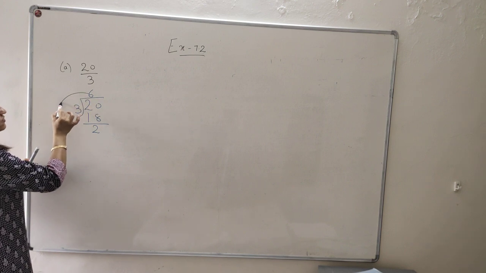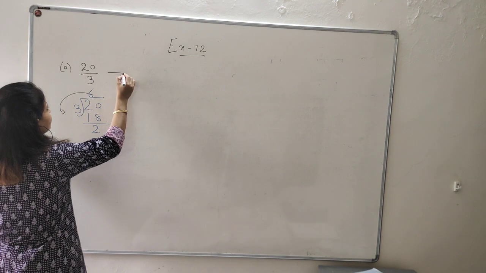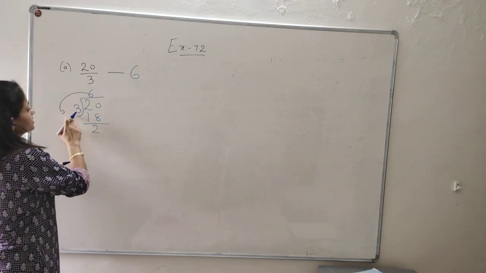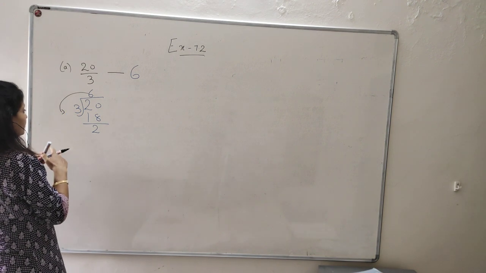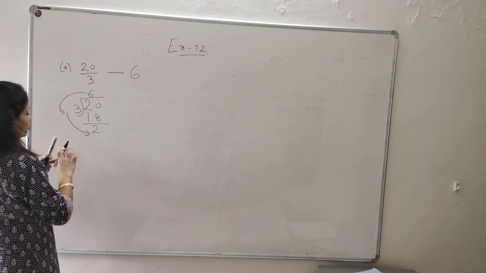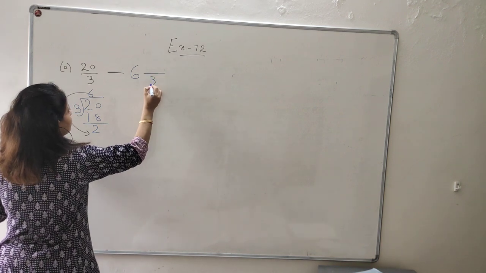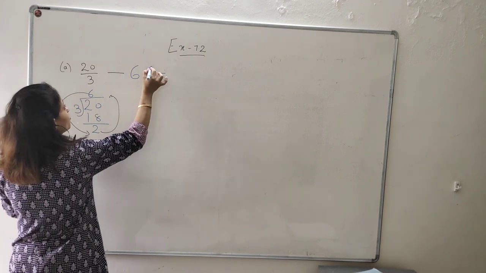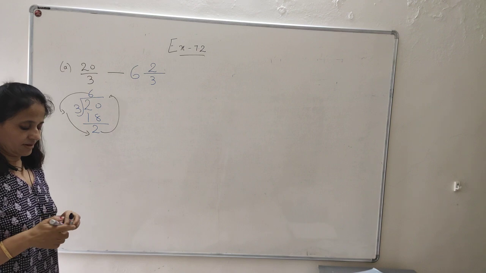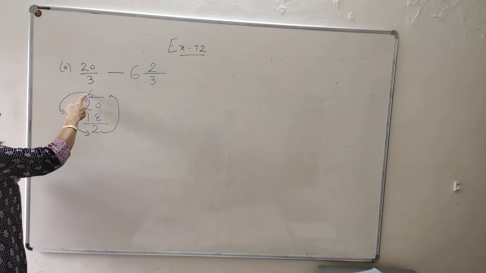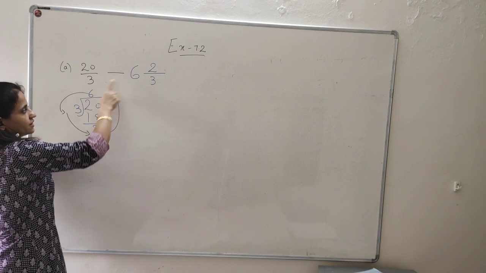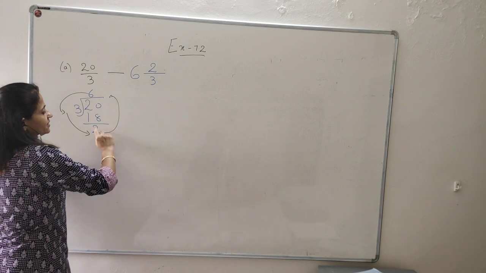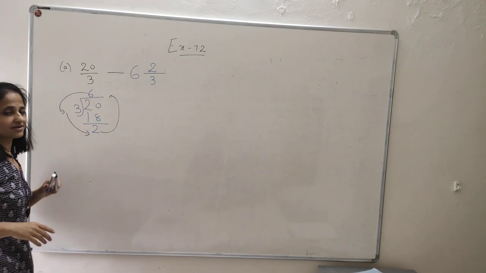The quotient will become the integer. That means when I write quotient as an integer, then the divisor will become the denominator. So 3 will come down and the remainder will go up. It will move in a cyclic order. Are you getting it, children? The quotient will become the integer, then the divisor will go down, that is the denominator, and the remainder will go up, that is the numerator.